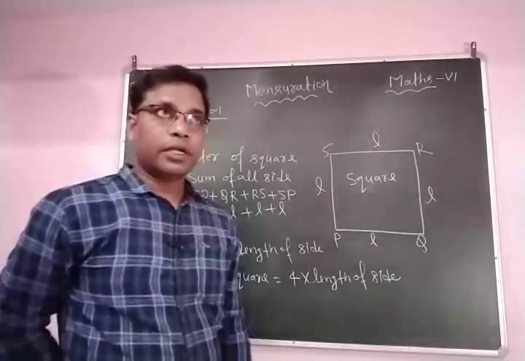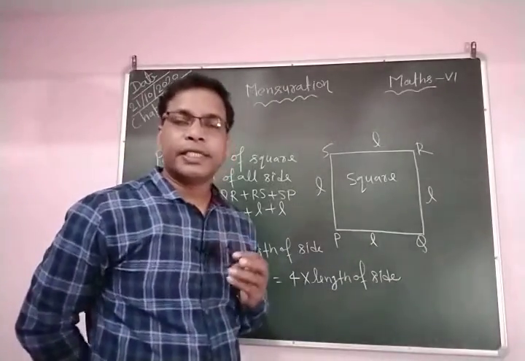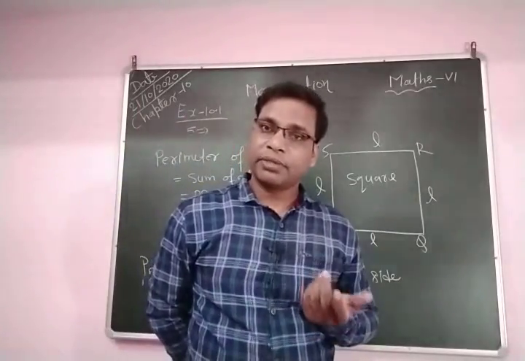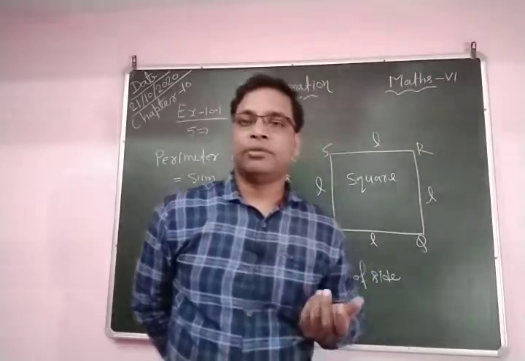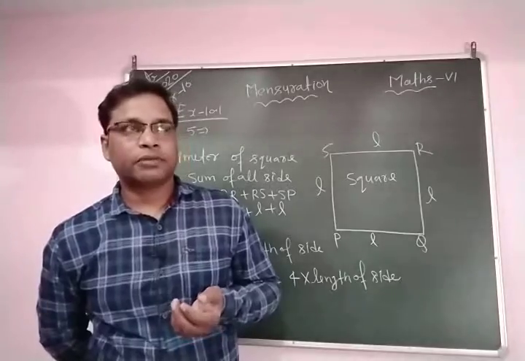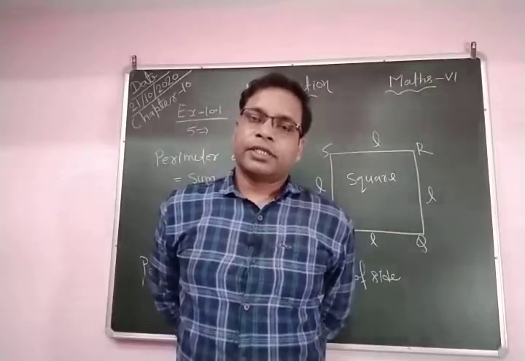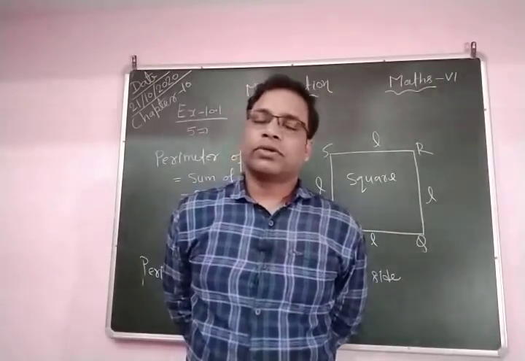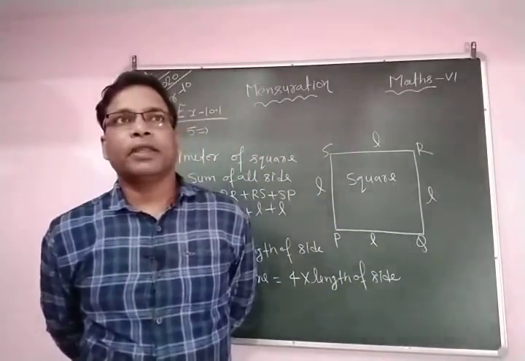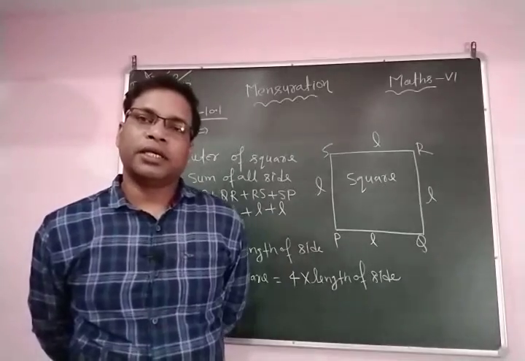Okay. So in this way, again when you find the perimeter of equilateral triangles, scalene triangles and isosceles triangles, then you can sum their sides. Triangles have 3 sides. If you sum 3 sides, then you obtain the perimeter of triangles. But especially in the case of equilateral triangles, all 3 sides are equal, so you can write the perimeter of an equilateral triangle is equal to 3 into length of side. In the case of scalene and isosceles triangles, you sum all sides.